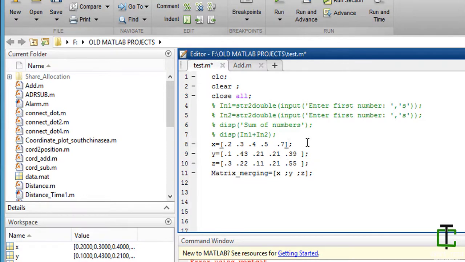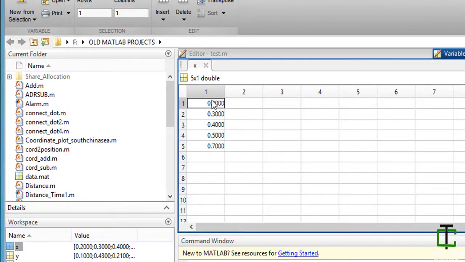Now let's say we invert these matrices. Comment this. Okay, now you can see here x, y, z are now column matrices.